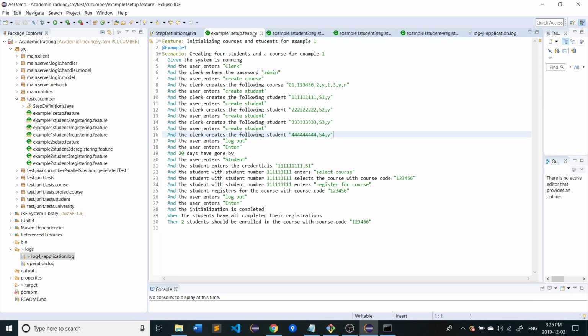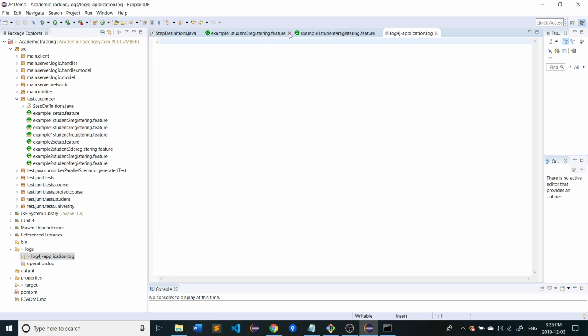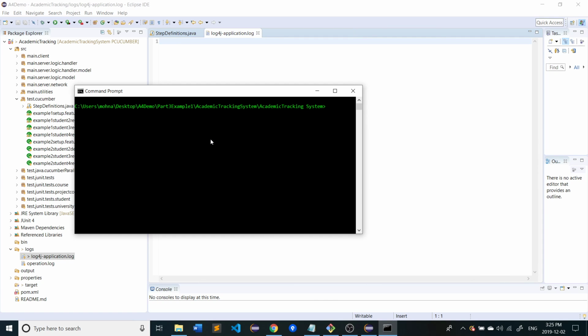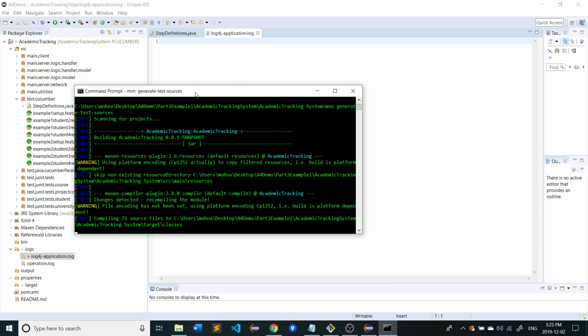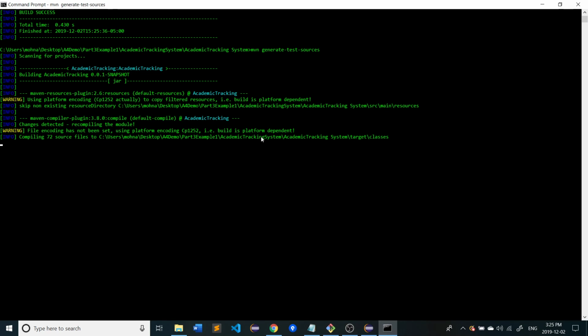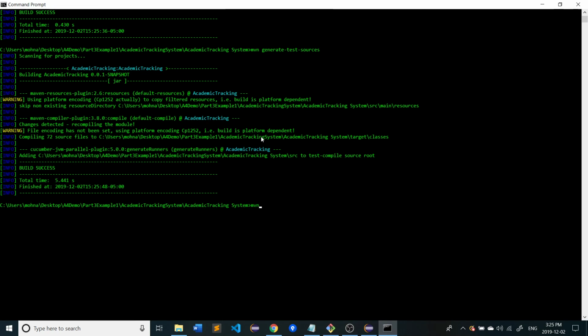Okay, so we don't really need these anymore because we're going to be running it through Maven. So the steps are first to Maven clean, success, Maven generate test sources, and then Maven verify. So basically here what happened is it created a runnable class for each of our feature